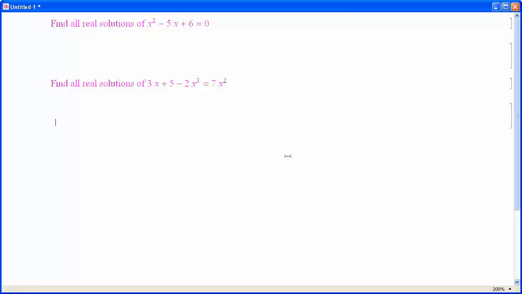In this video we're going to see how to use the solve command to find the solution of a single equation. We have a couple of examples written here as text inside the notebook, and the first example wants us to solve this quadratic. As I said, we use the solve command, so we write solve,